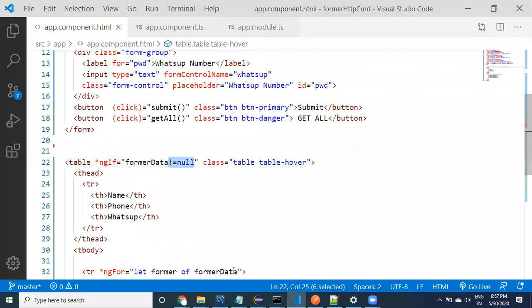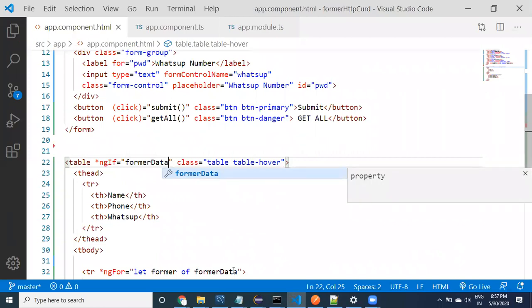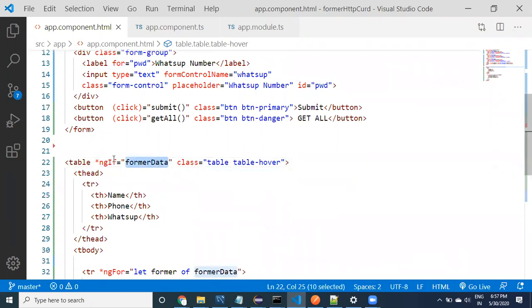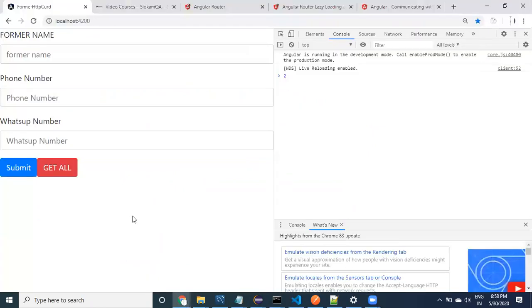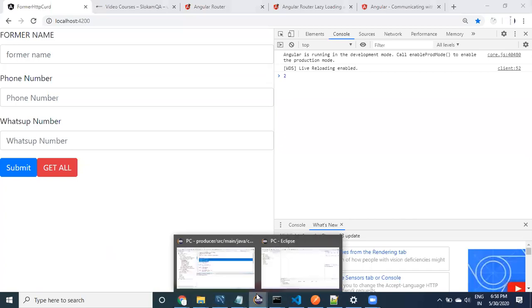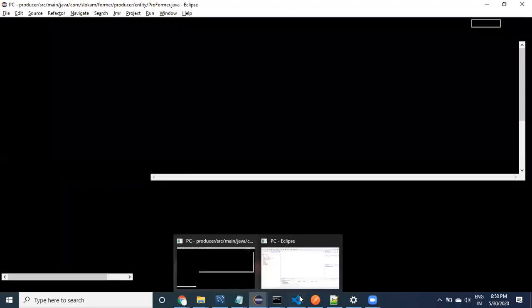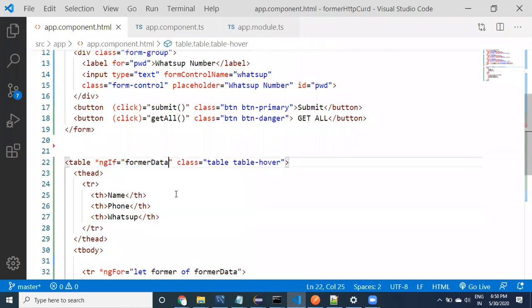And one another point I would like to tell you here: farmerData, even if you provide it just like this, no problem. You don't need to do a null check. If it is null, it gives you true. Sorry, it gives you false. If it is null, automatically it is going to be false. So the first time it is false. See here, it is not displaying. You don't need to check with false also. If data is not available, that can be called false only. No data will be displayed. This feature is available in Angular and TypeScript. It will not be available in Java. Don't confuse it with Java. If it is in Java, you definitely have to apply this kind of condition: if it is null or not null, we need to apply.